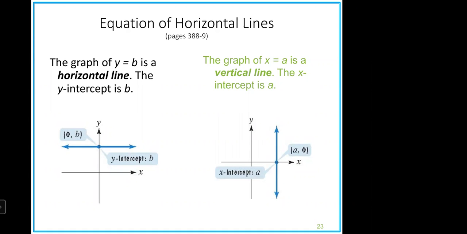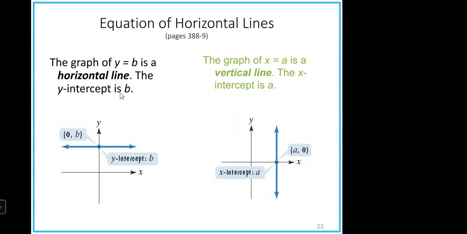And the graph of x equal a is a vertical line, and the x-intercept is a. So those are just the general forms for horizontal and vertical line. In this case, the b is representing a number, and here the a is representing some